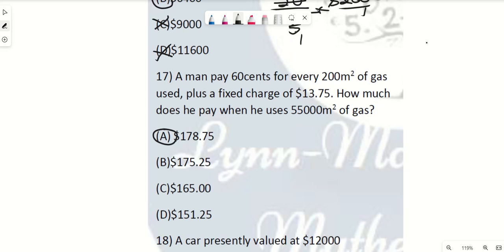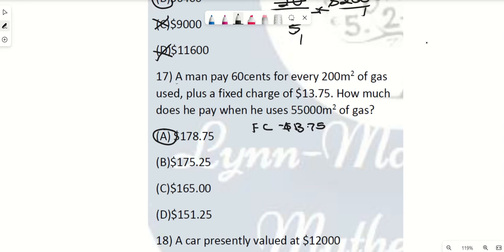But we can still check it out. A man pays 60 cents for every 200 meters squared of gas. It's supposed to be cube, but plus a service charge of $13.75. So his fixed charge is equal to $13.75. Please note that this fixed charge is, you always have to pay that amount. Right? How much does he pay when he uses